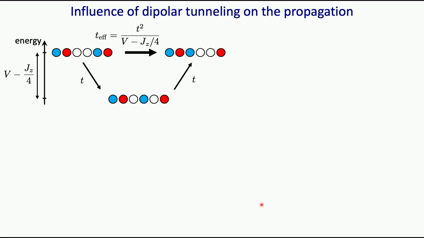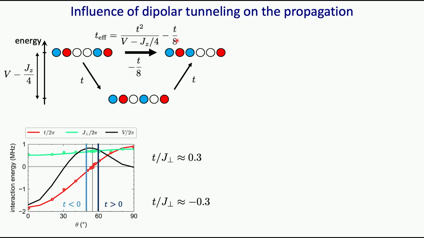One thing that I want to show you, and that's interesting in the context of what I mentioned for high-Tc superconductivity, although those are bosons, is the fact that we do see the influence of the dipolar tail of the interaction. Because what I showed you is a nearest neighbor picture of the propagation. But of course, to go from here to here, you can either go this second order route, but you can also go the direct route where these holes jump over the first one and reach there. And that happens with an amplitude which is T/8. So at the end of the day, you get interference between the second order tunneling and this long-range tunneling coming from the dipolar tail of the interactions.